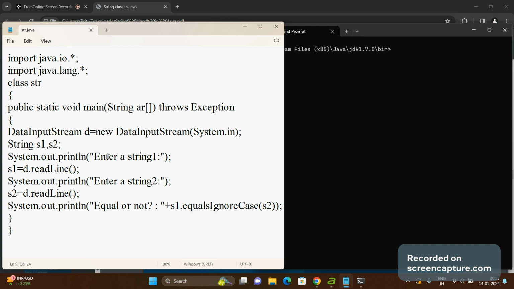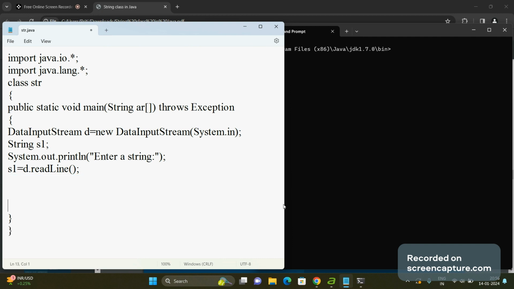So the logic is that whatever the string is, we have to check each and every character of that string and check whether it is 'a' or not. So we have to start from the zeroth position of the string. For example, if the string is like